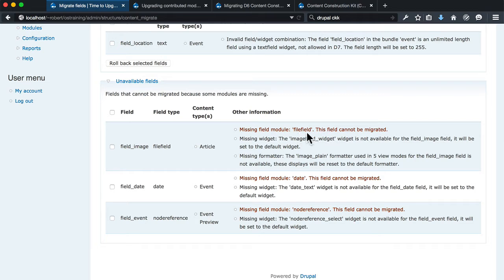Now, there is no Drupal 7 module called file field, but the system's getting a little bit confused because it can't find any field to put our image field in, and it thinks it's looking for file field, but it's not really. This is one case where you kind of have to do a little poking around, and this is what you'll find. If you go to Modules,